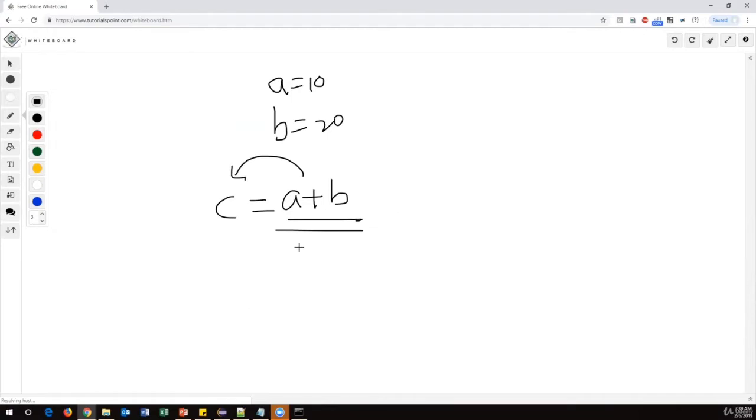In this example, A is a variable, 10 is a value, B is another variable, and 20 is a value. But when you come here, this is called an expression. The expression contains A and B, and between them I'm using plus. What is this plus?